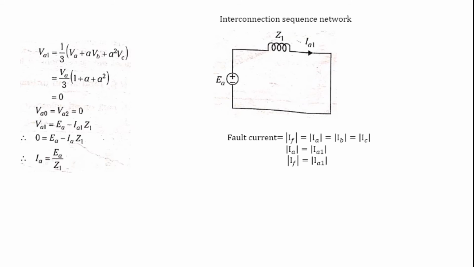Here, grounding or not grounding of the neutral point does not have any impact on the fault current in the case of a 3-phase fault on a synchronous generator. However, the fault currents in the 3 phases are equal in magnitude but displaced by 120 degrees from each other. It can be observed from the circuit, which is similar to the steady state model of the synchronous machine, neglecting armature resistance, that the positive sequence impedance of the machine is equal to the synchronous reactance, that is Z1 is equal to